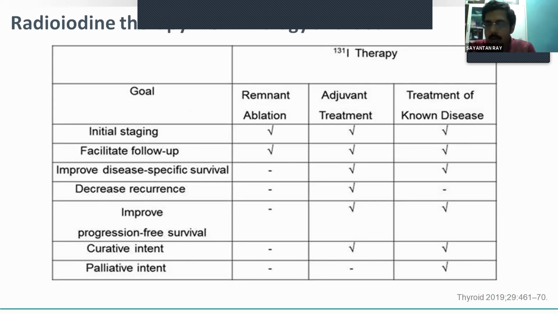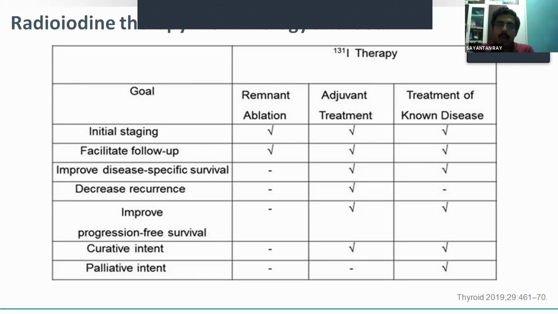Now, coming to the terminology and goal of I-131 therapy, which is an umbrella term, there are 3 possible aims of performing radioiodine therapy. One is remnant ablation, that is use of I-131 to destroy the normal thyroid tissue. The second one is adjuvant treatment, that is use of I-131 to treat possible microscopic foci of disease not demonstrated on imaging. And the third one is treatment of known disease, that is to treat known residual locoregional disease or distant